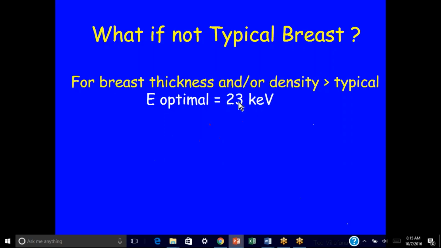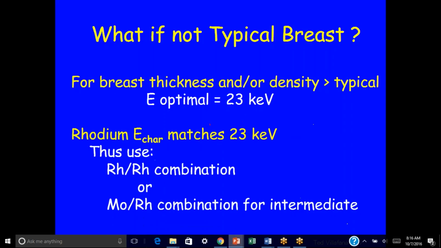So now back to the periodic table. What material will have a binding energy of the K-shell at 23 kV? It's the same approach we did for molybdenum. In this case, however, we find rhodium. Rhodium has exactly 23 kV. Rhodium is also a metal, so you can fashion a target out of it. And